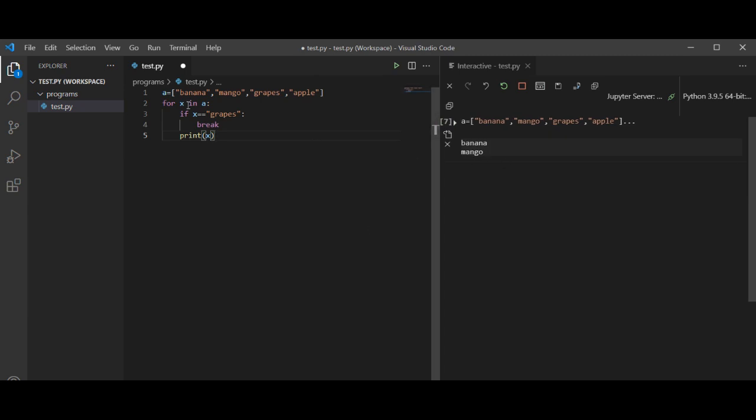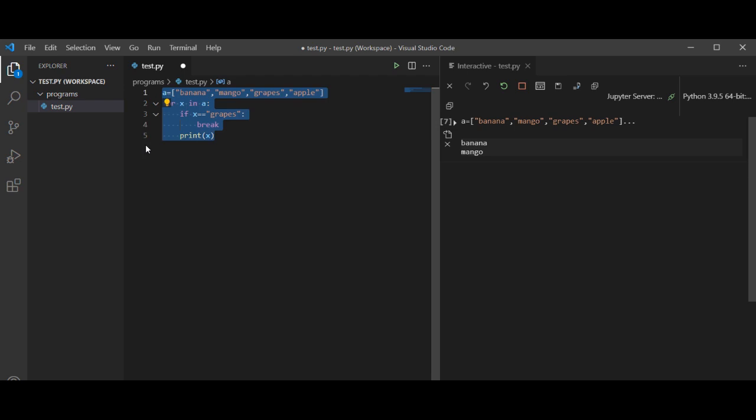You can see that banana and mango is printed and grapes is missing, because when the index is reached at grapes, the break statement moves the cursor out of the loop.